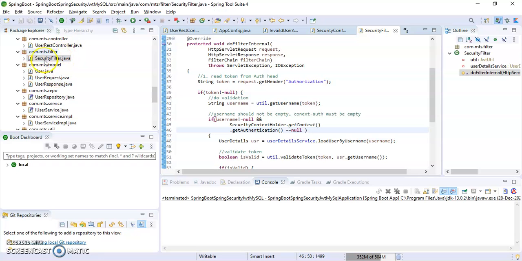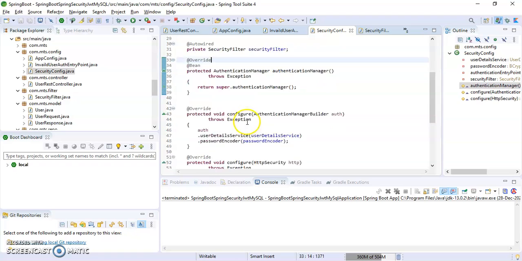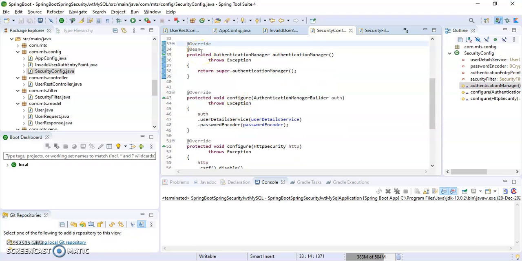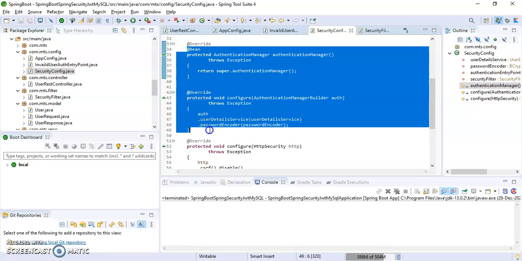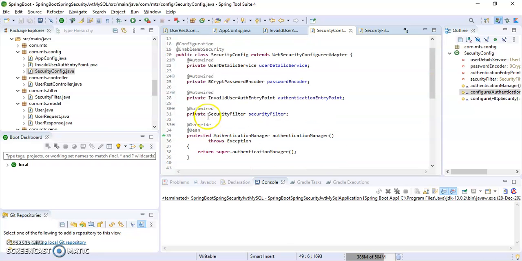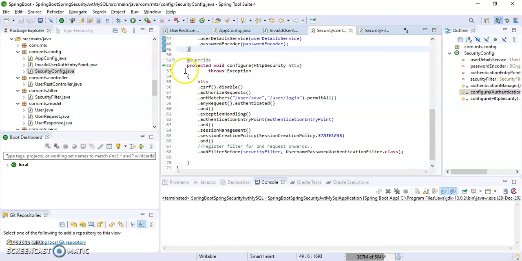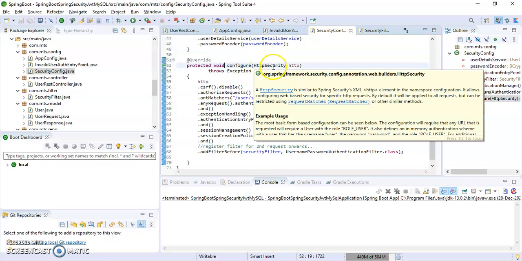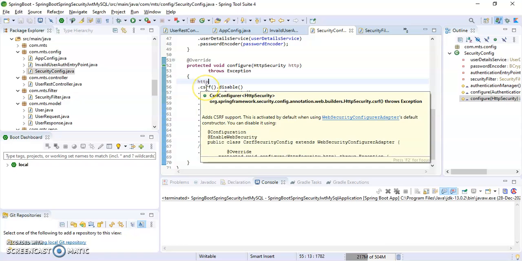Then you have to go to the security config. These are also predefined methods, configure or dot configure. Then you have to edit this predefined method, void configure, which is passing http. You have to type http dot csrf, which is